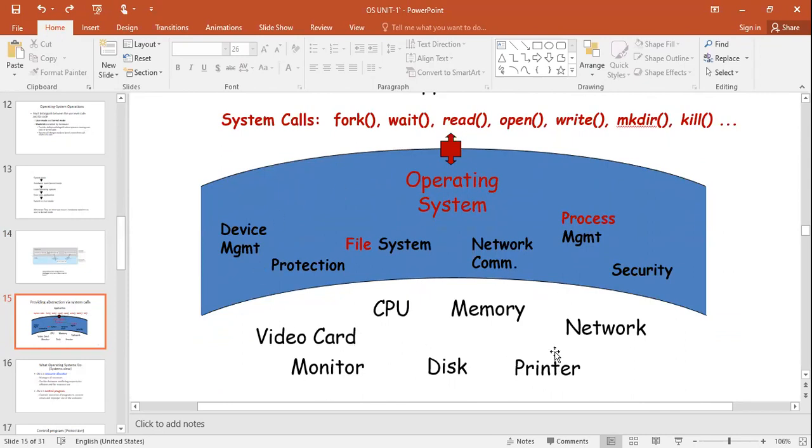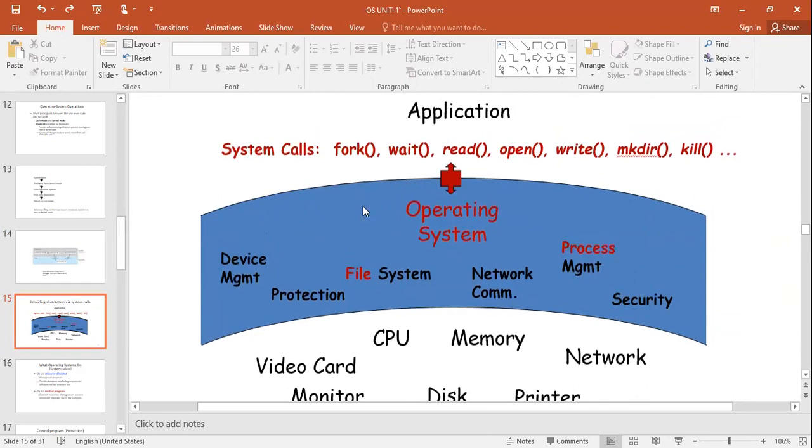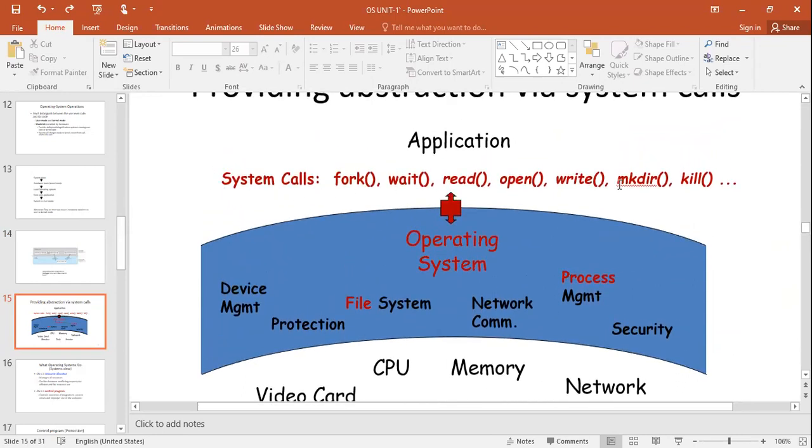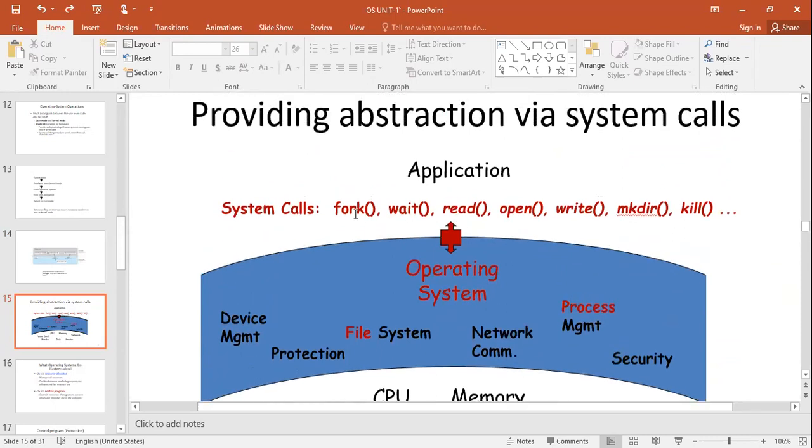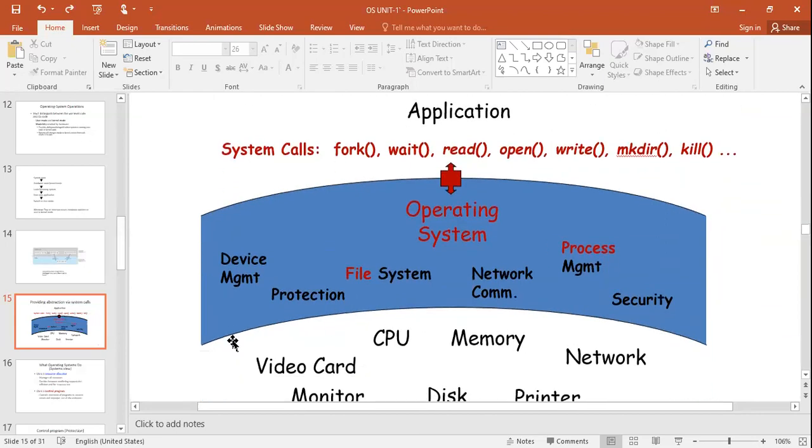These are the various services. In order to get any one of these services available in the operating system, you need this system call only. It acts as an interface between your application and the operating system, whereas the operating system acts as an interface between the application and the hardware components.